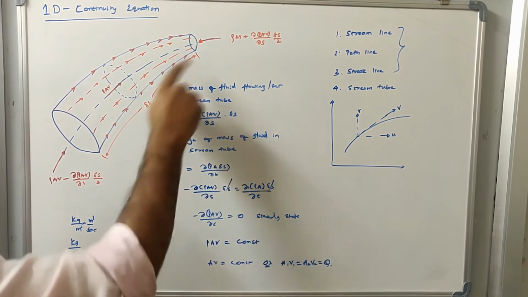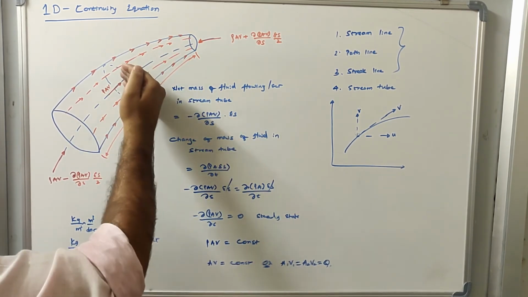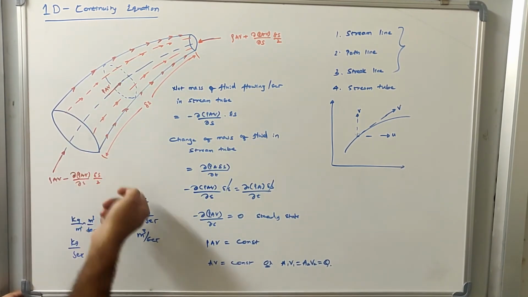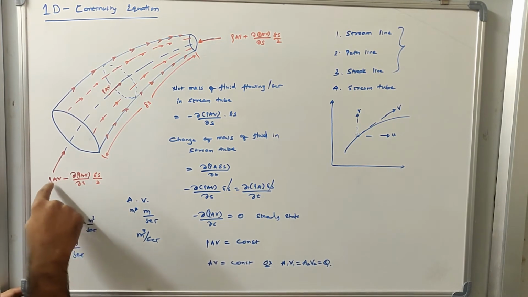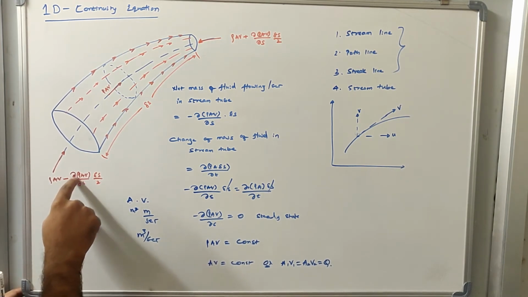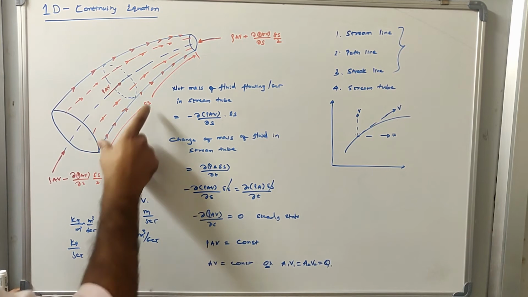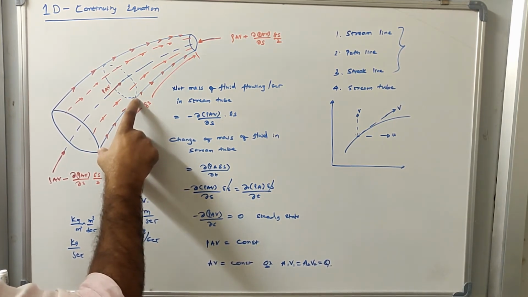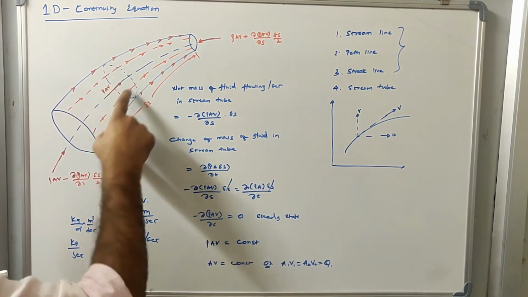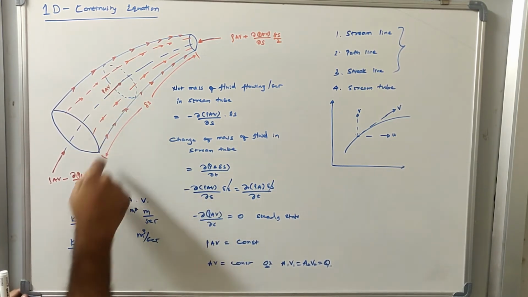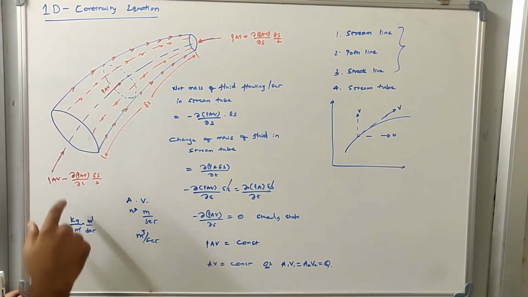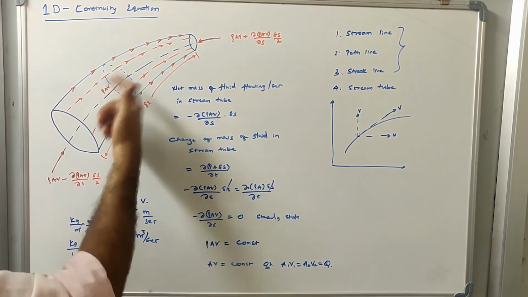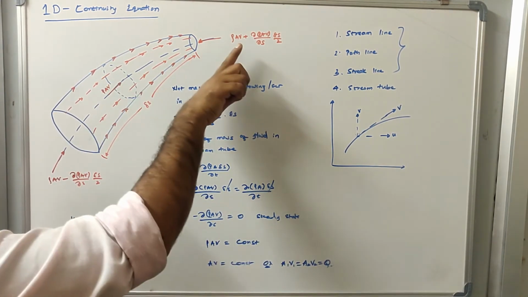The mass of fluid that is entering over here, we are going in the reverse direction. This is your delta S. The water is flowing in this direction. If we are coming from this face to this face, we have to use negative. So rho AV minus the change of rho AV with respect to S, multiplied by delta S by 2. Why delta S by 2? Because the distance from the mid section to this section is delta S by 2. So that's why delta S by 2 has been multiplied. The minus symbol is because we are coming in the reverse direction. Now if you go in this direction, what will happen?